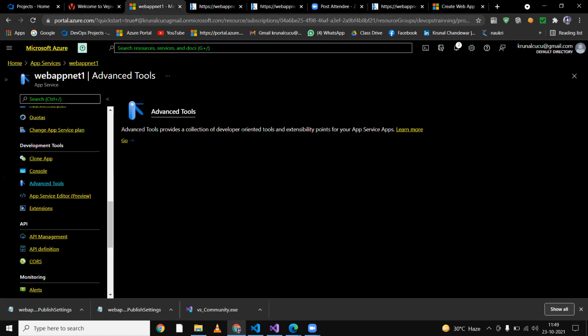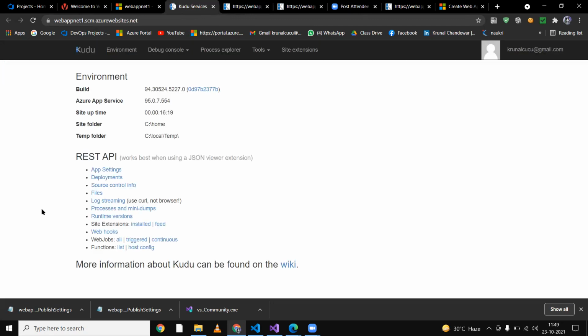development. That new page is loading of Kudu services. So deployment, as you have not deployed anything, that's why you are getting a blank screen, because actually we have not deployed anything. We are working in a pre-production environment, or we are building, or we are going with our local PC, but actually we have not deployed anything. That's why you are getting a blank screen here.